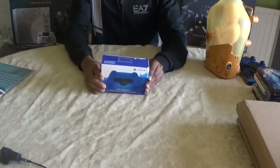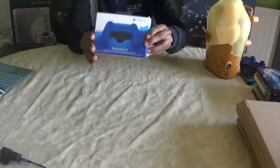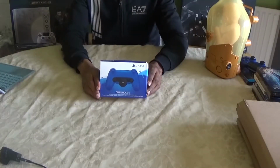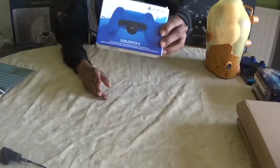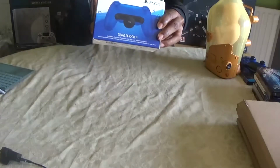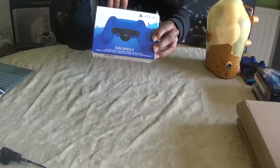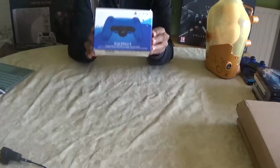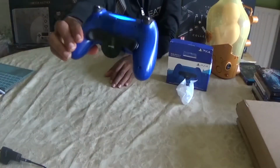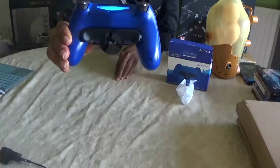And moving on, I suppose all PS4 owners need one of these, and that is a digital back button attachment for your Dualshock. Now this is particularly good for all them gamers who play a lot of first person shooters, and the good thing about that, you can map out your buttons via this LCD screen, which I'm going to show now. So you have the PlayStation buttons as their boot up screen,